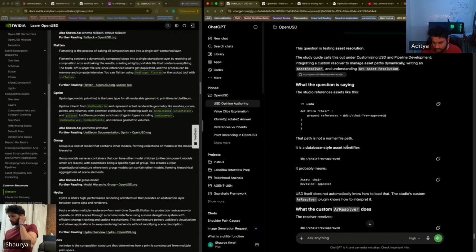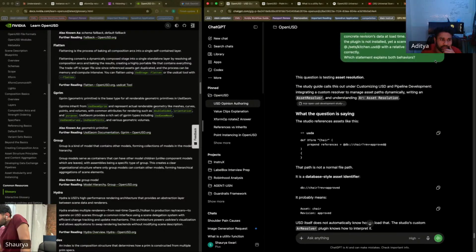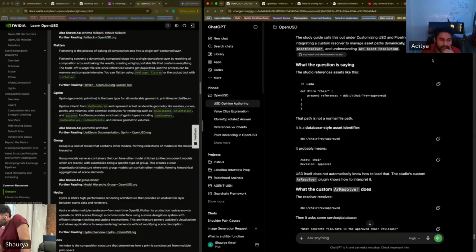Do you understand the question though? Yeah. The study guide was able to understand the question, but I'm just confused why B is a correct option, even though they are saying that the default resolver is the AR default resolver.